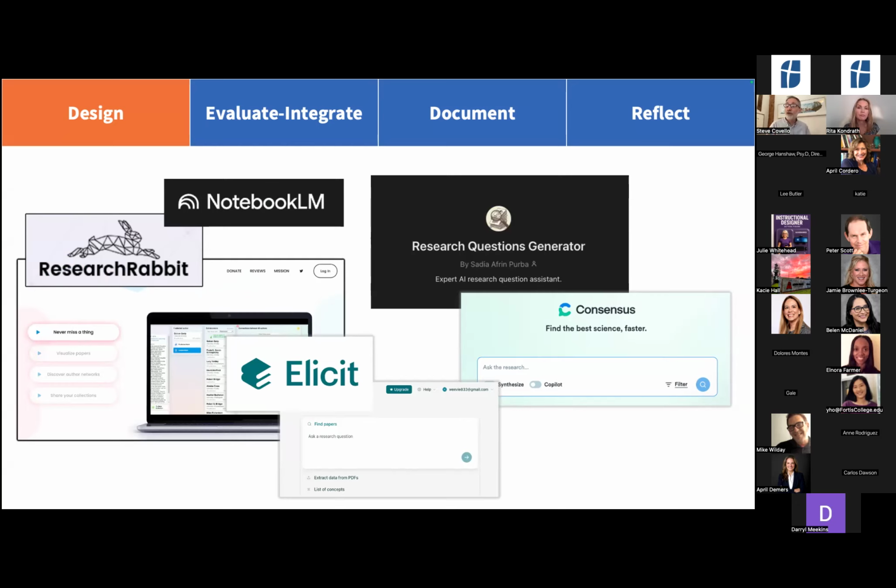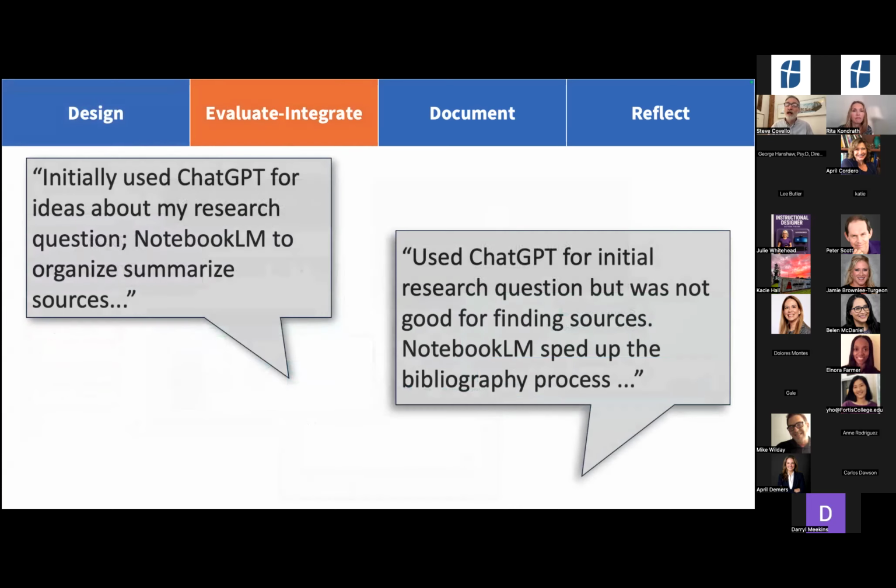They were free to use an AI tool for developing their research question and use Elicit, Consensus, Research Rabbit, and perhaps some others for exploring research studies. Now, these tools didn't do the thinking for them. It simply streamlined the process. Next, they used the AI tools to organize and query their findings and then develop their literature reviews just as if they had made their bibliographies manually. And as you can see from the students' feedback, they figured out which tools worked best and how their output